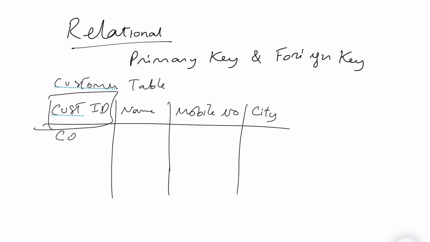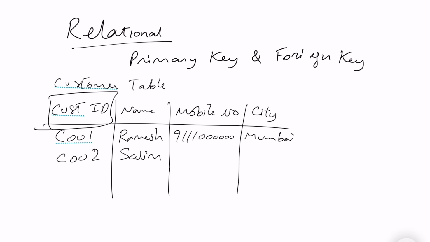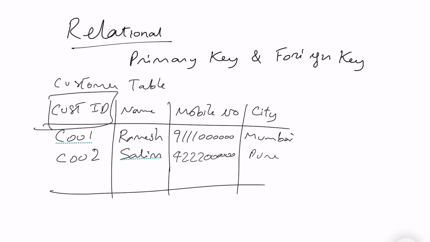You may have a customer ID of C001, and his name can be Ramesh, mobile number can be 9111, city can be Mumbai. Then customer ID of C002, then you may have someone like, let's say, Salim, number may be 922, okay, city will be Pune. So this will become one table,